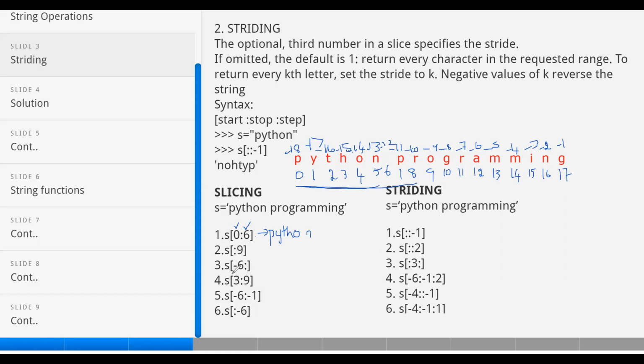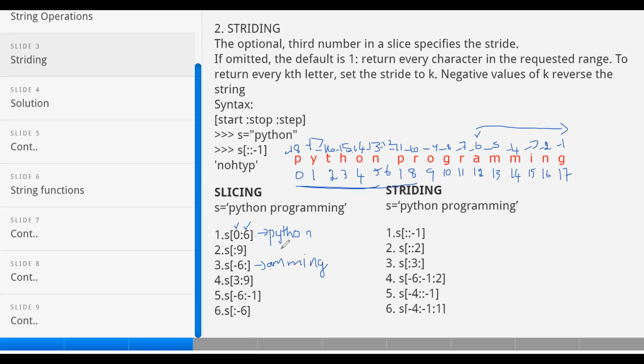So third one, -6 colon. -6 is nothing but here it's A. So -6 colon means from -6 it will go till the end. So my output will be A M M I N G. Okay, so this is my substring.